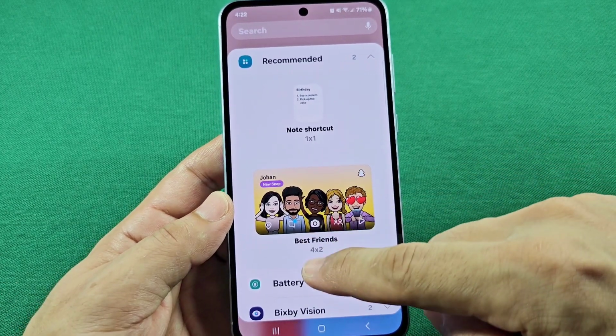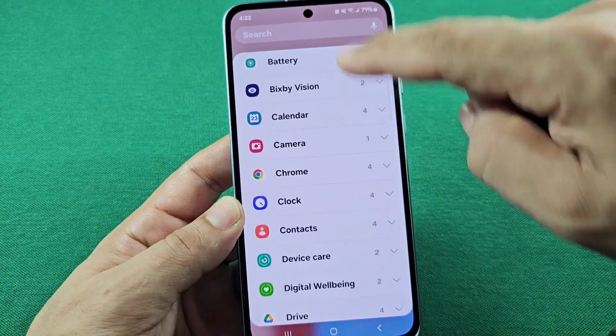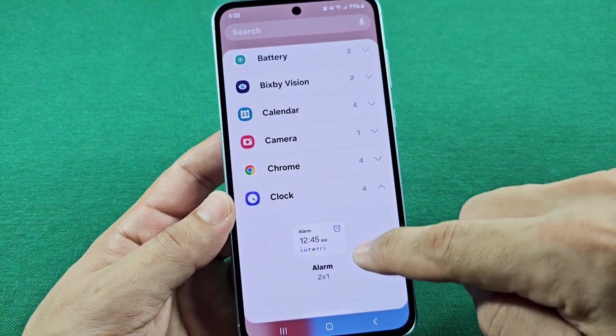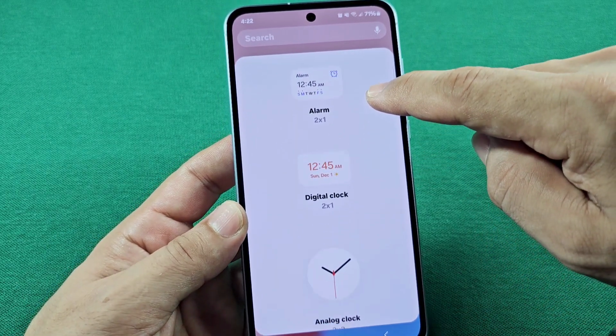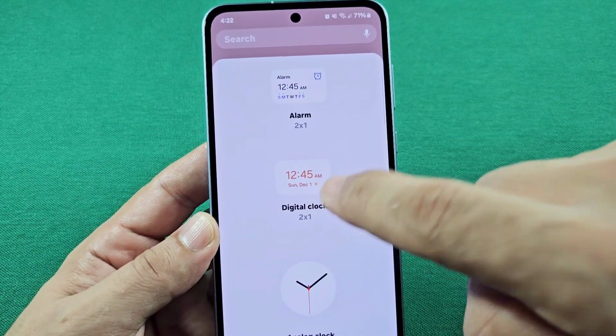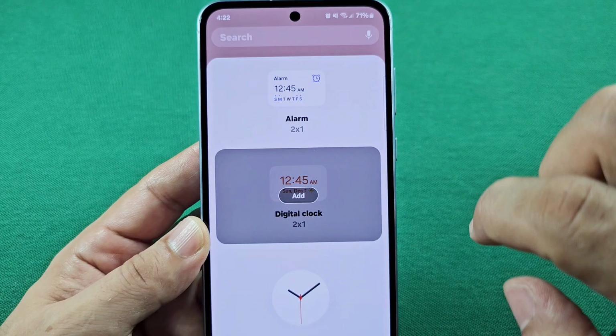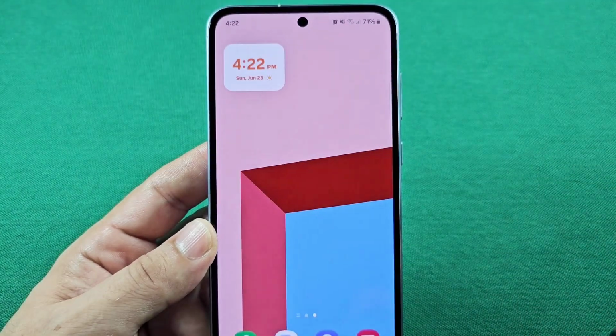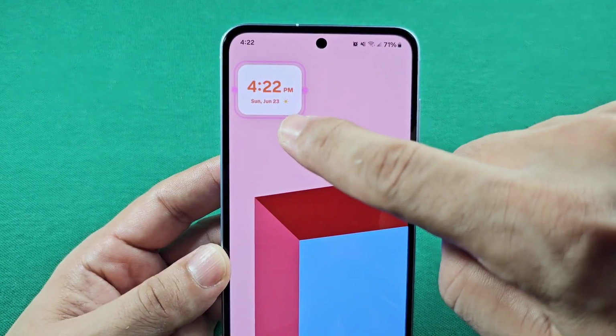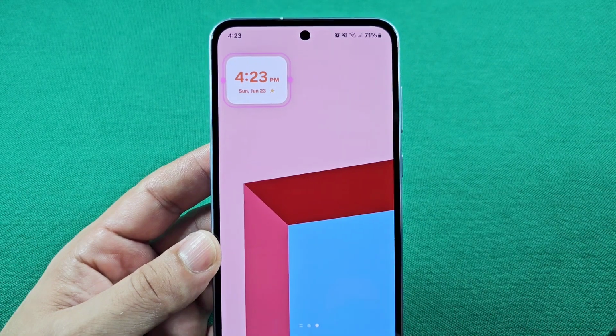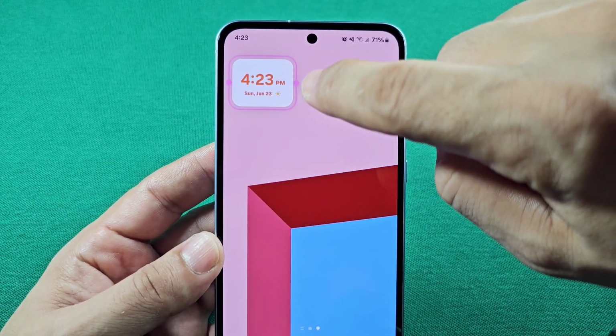They're all there already. So go down until you see clock, and you can choose from either one of these here. But if it's a digital clock that you want, you'll select this one right there. As you tap on it, you'll have the option to add, and usually automatically it will appear in this size here. But if you want to make it bigger, you'll notice these little tabs here where you can pull on